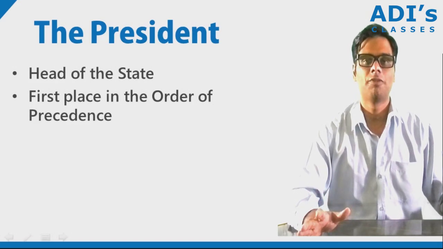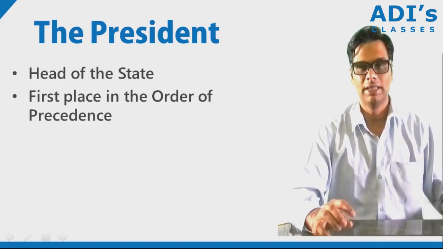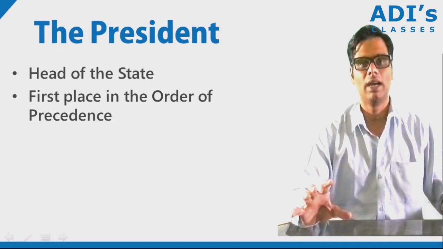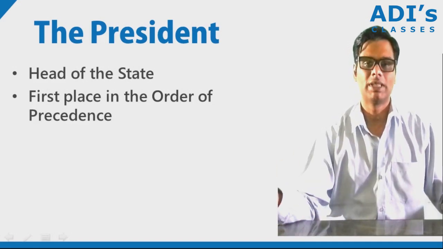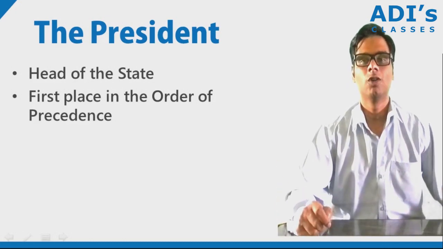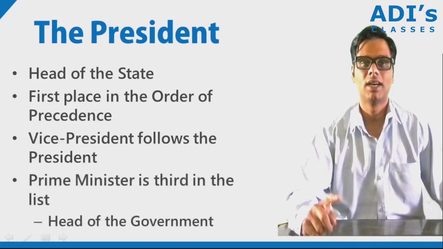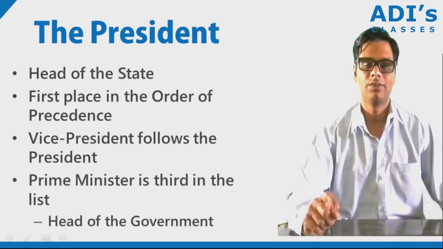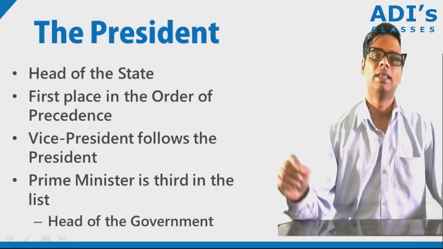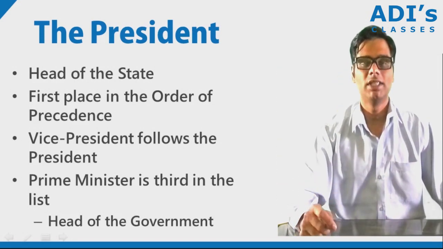So there is a list that says who occupies the highest office in the state, and there is also an entire order. For example, the president is followed by somebody else and so on. The vice president follows the president in the order of precedence. The prime minister is third in the list and is the head of the government. So please remember this, that the president is the head of the state while the prime minister is the head